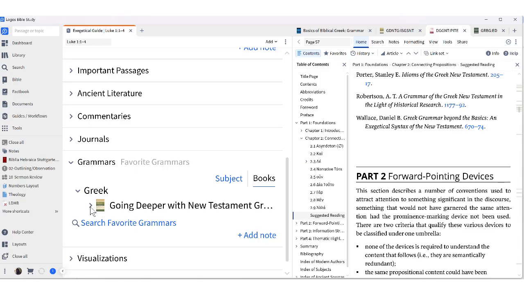But because these are my go-tos, I don't have to filter through my other books. This gives me more specific results, and it's more catered to my study. The whole point of Logos is not wasting your time. I hope that was helpful, and you have a wonderful